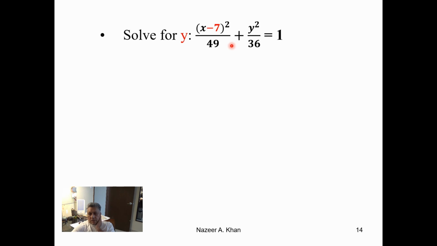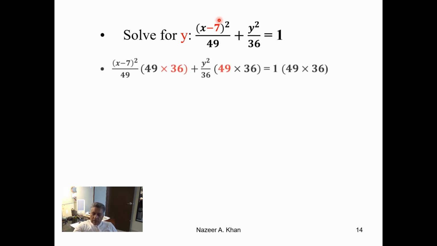And of course, the other thing that I want to point out on this particular one is that we have a minus 7 in brackets. It's a binomial in the numerator, squared. That means that the center of this ellipse is not at the origin. We could go and put this in standard form,